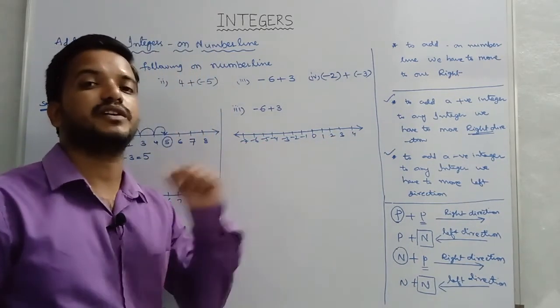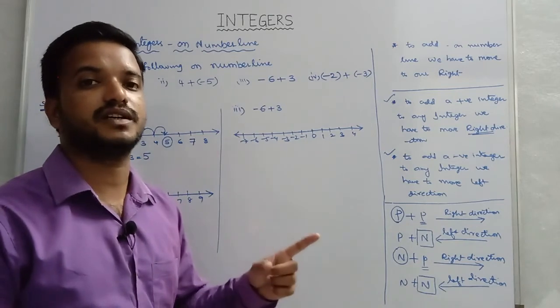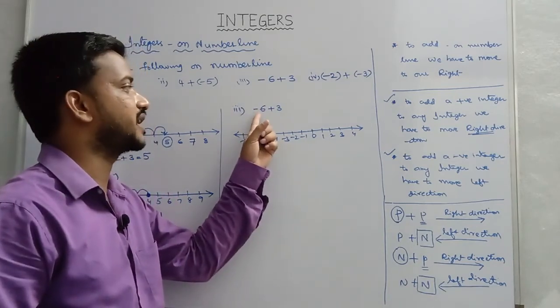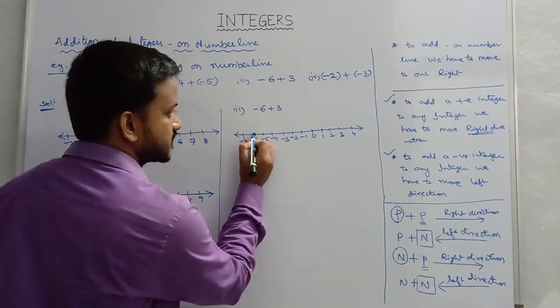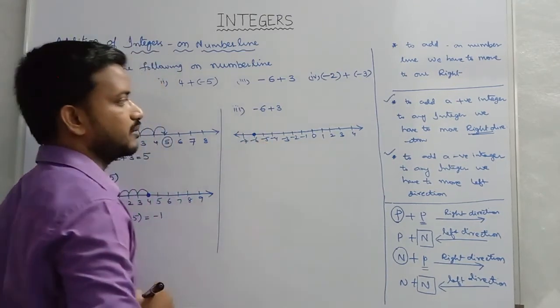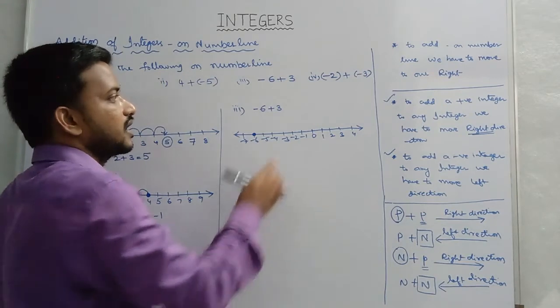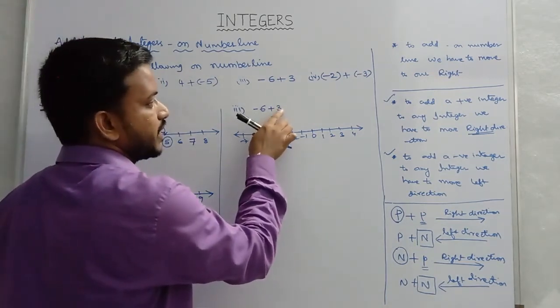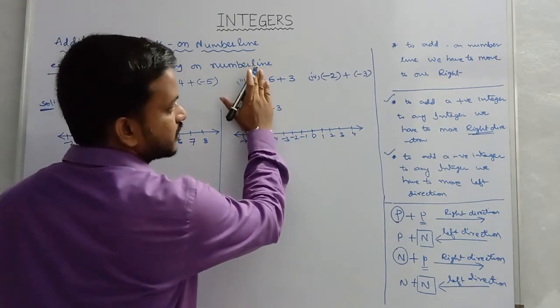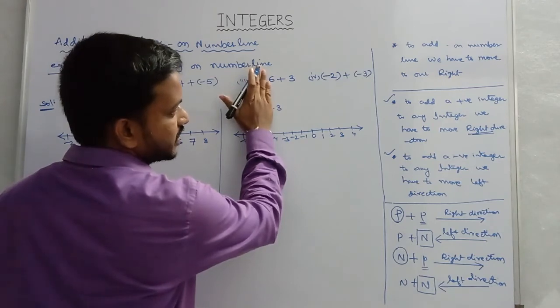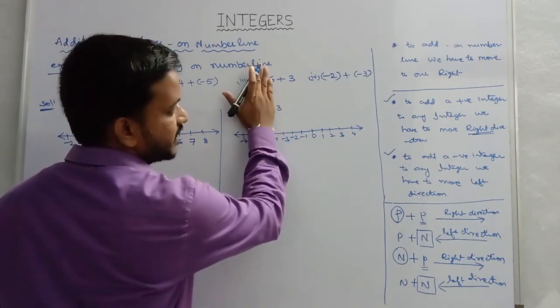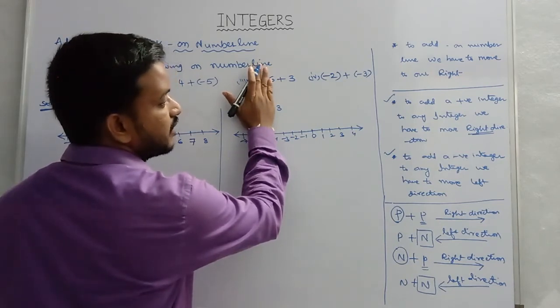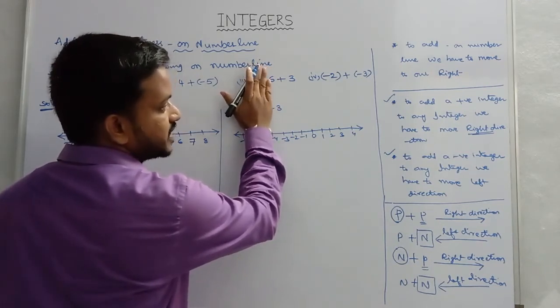Again, what is the first integer here? The first integer has a minus, which means it is negative. Okay. Now this is the position of minus 6 on the number line. Now the second integer, whether it is positive or negative: do not consider this plus symbol further. This plus indicates it is addition. So 3 doesn't have any symbol, which indicates it is positive. So here this 3 is positive.